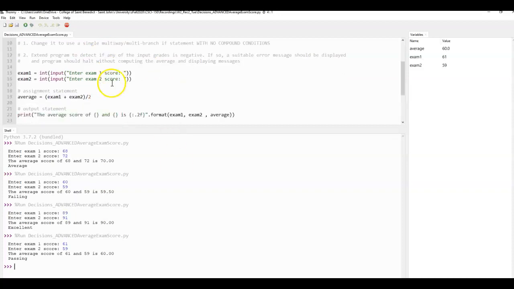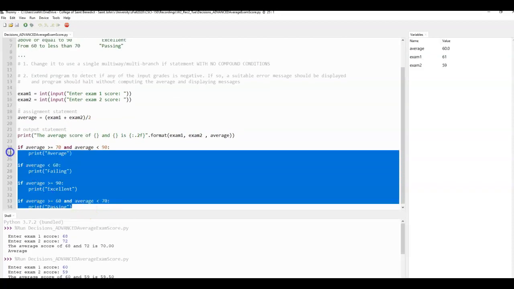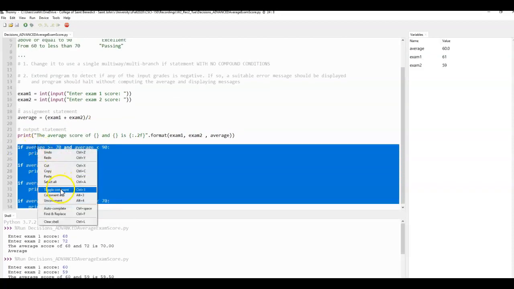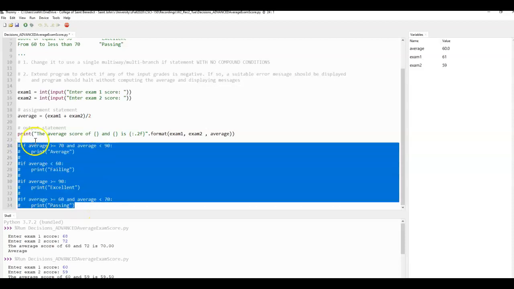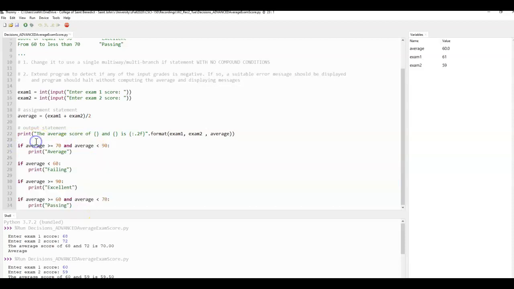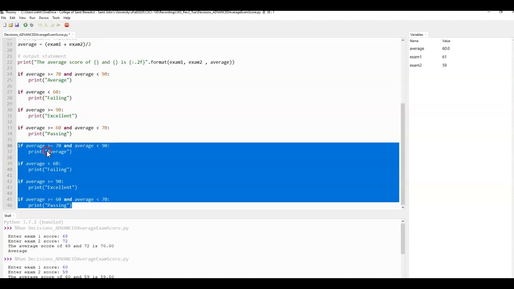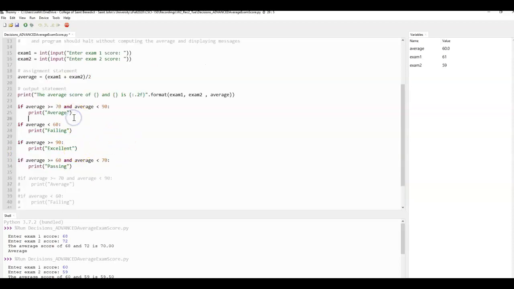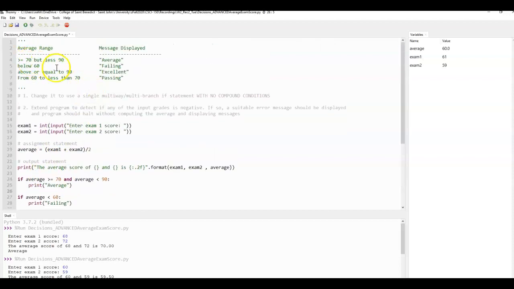So in our case, what we're going to do is comment this part out over here, toggle comment. Actually, let me first copy it over here, and then we'll toggle the comments. Toggle comment. Okay, so now what we're going to do is view those values 60, 70, and 90